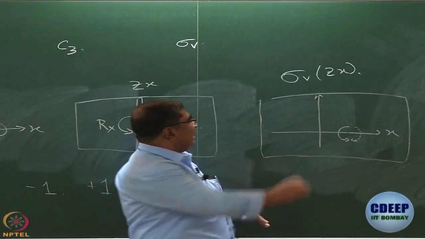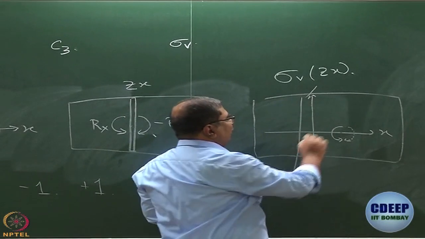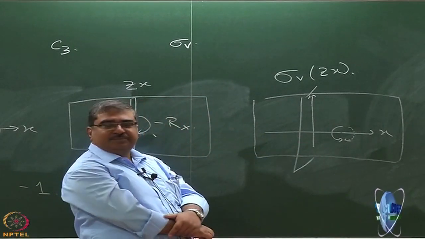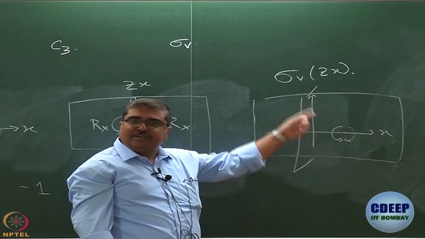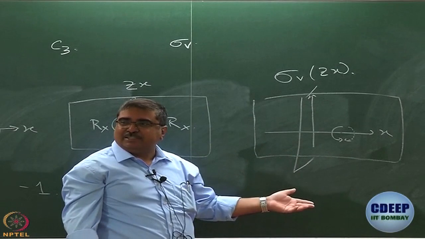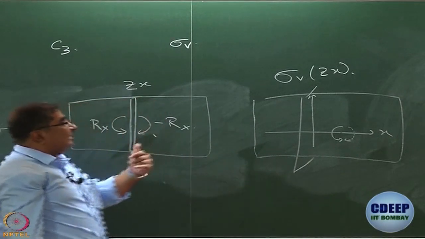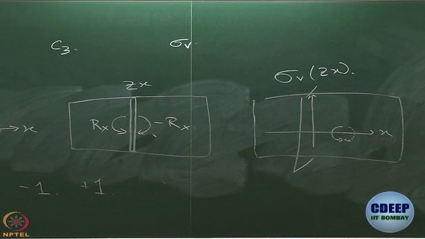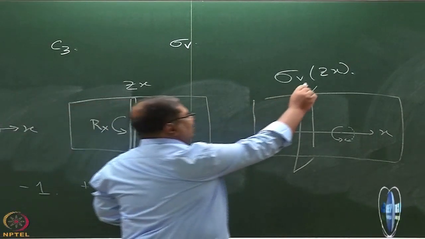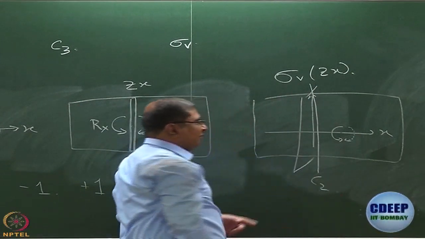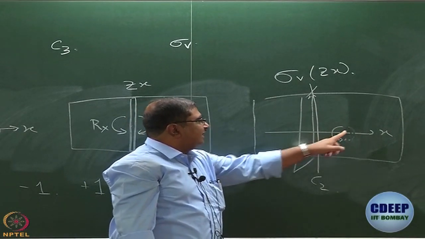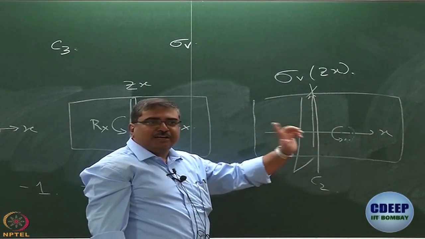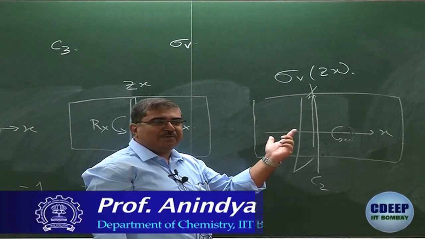What about sigma v dashed? Now, if I draw sigma v dashed like this, what will happen? It was rotating in this direction, it will still rotate in this direction. So, character is +1. What about C2? This is your z axis, this is C2. If you now think of this Rx curled arrow, if you turn it by 180 degrees, where will it go?